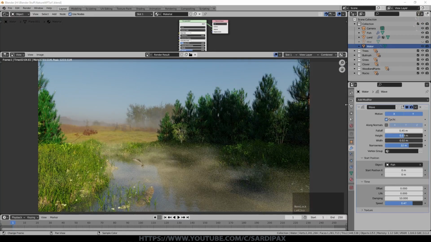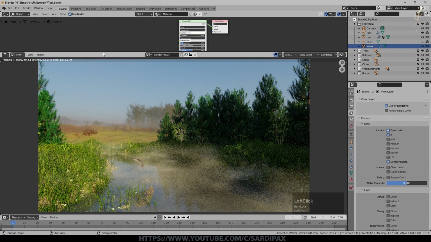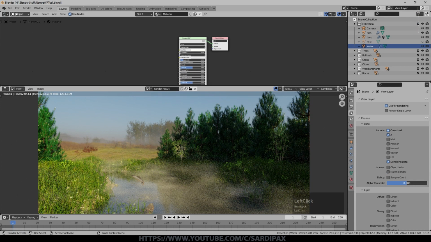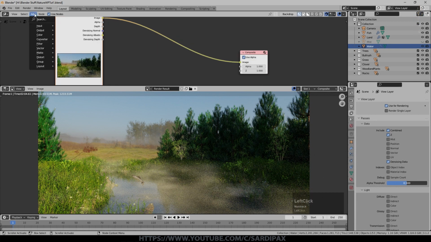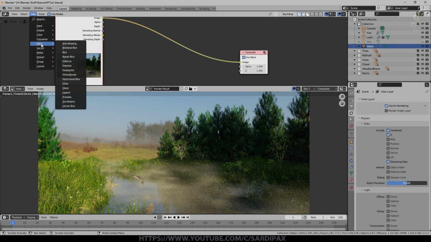So that's the render. Obviously this was only 64 samples, so it's still quite a noisy scene. But if you recall, I turned on denoising data under render passes. So if we go to compositor now and say use nodes, we do have these extra outputs which will help us make the scene, even at low samples, a lot smoother. So under filter, previously denoising didn't work very well with volumetrics. But it works a lot better now. They've improved it a lot.